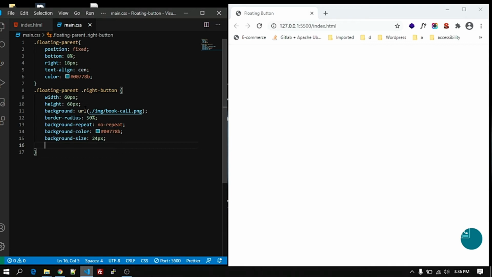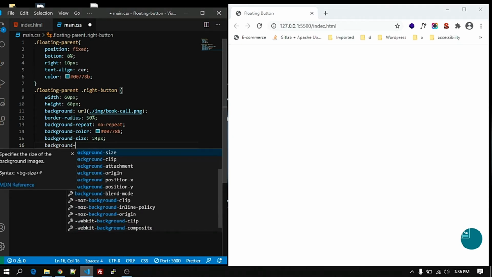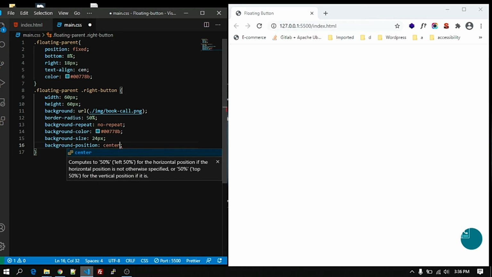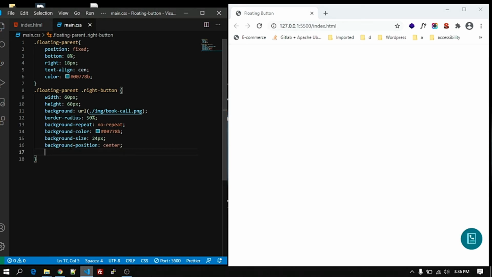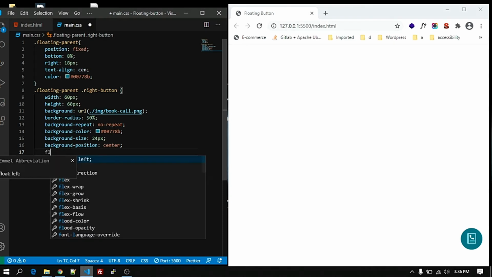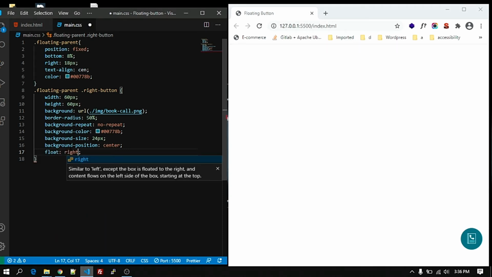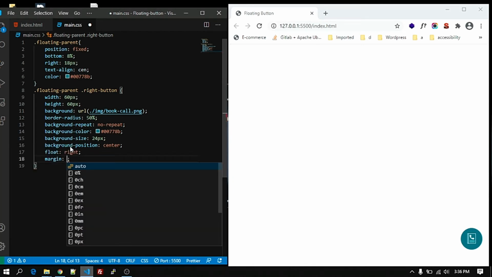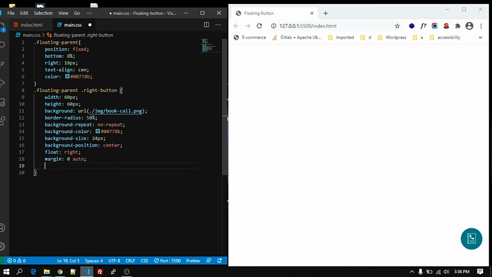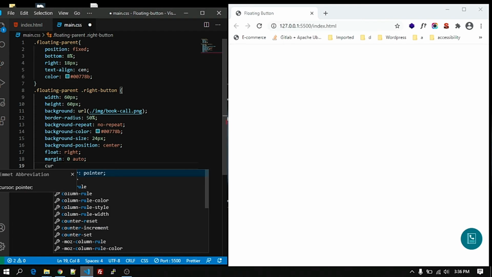So you can see here how it is looking right now. We are adding some more CSS to make it look better. Let's set background position to center, then float right, we will give some margin 0 auto, and let's change the cursor to pointer.